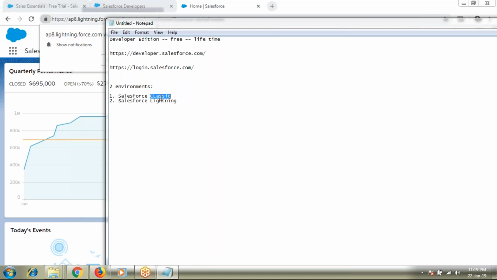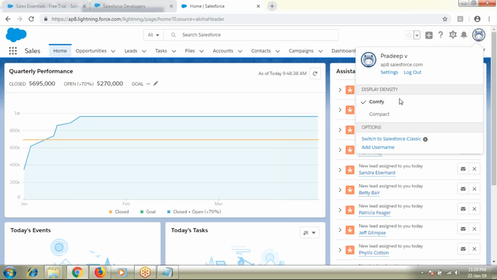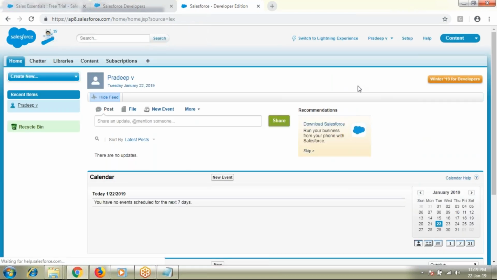First, we'll understand from the basics, which is Salesforce Classic. So let's go back to your application. Click on your name, which is your profile, and click on the option Switch to Salesforce Classic. This is your Salesforce Classic.